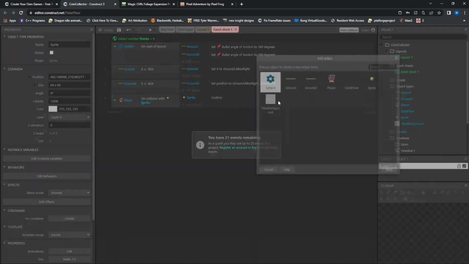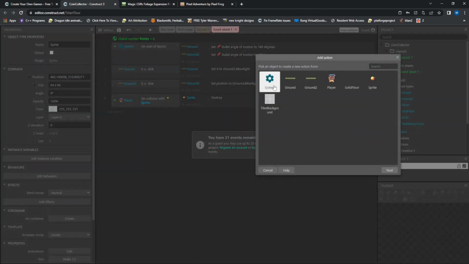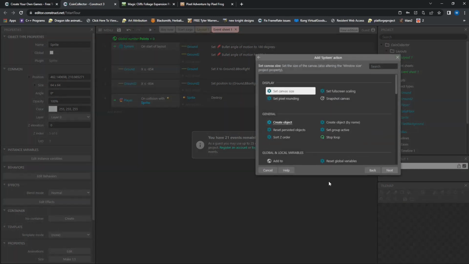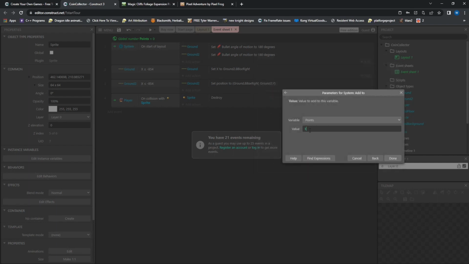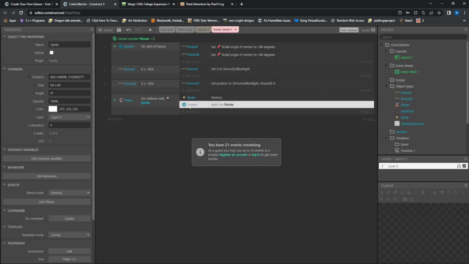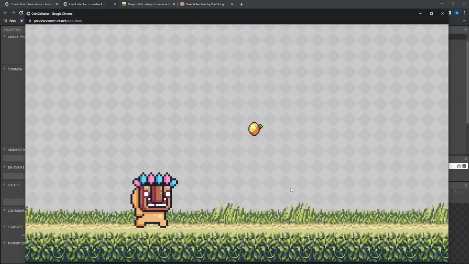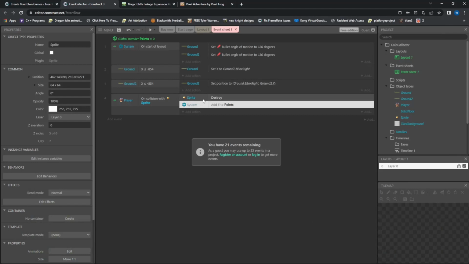So as we collect these, we will destroy the orange sprite and then add points. And we're going to go to system, which is how we work with our globals, and we're going to add to our global. So anytime we hit an orange, we'll destroy it and gain 5 points. So now we can walk over here, collect the orange. We can't tell because we don't have anything that shows our points, but it's destroyed, so that part worked,